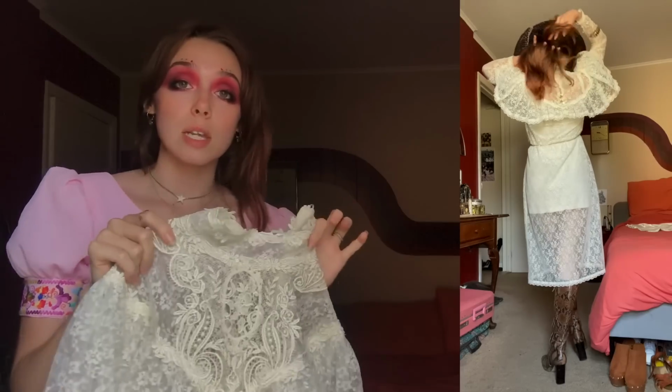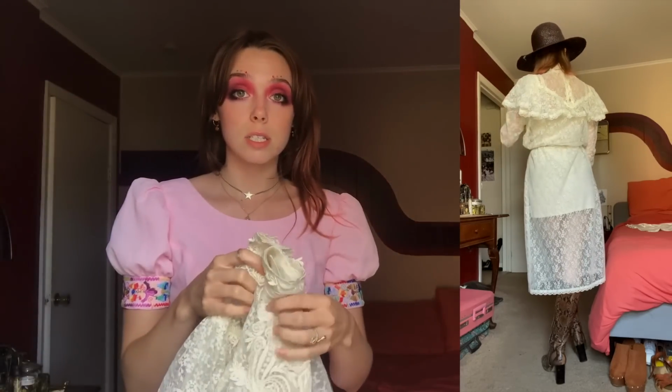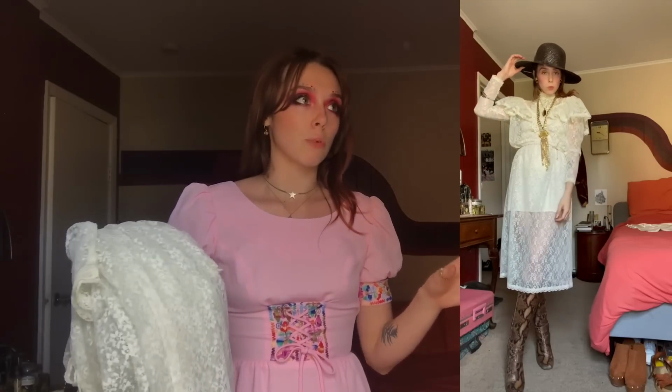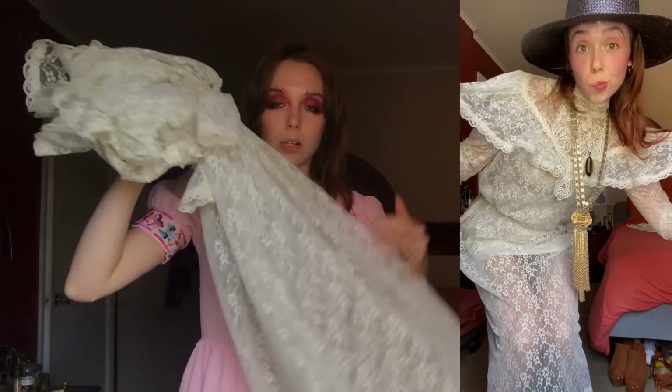She also sent a slip along with this, but I'll probably wear that slip because it's longer, maybe more in the wintertime. And when I was going to wear it last time, I paired one of my shorter mini slips underneath, so it had the illusion of a mini dress and then long lace hanging down. It was really cute. Well, you'll see it in the try on, but alright, next up is another thrifted item,